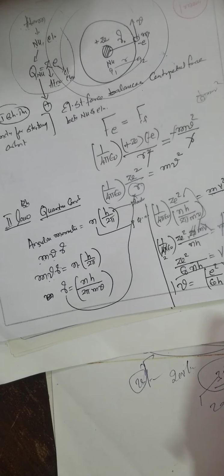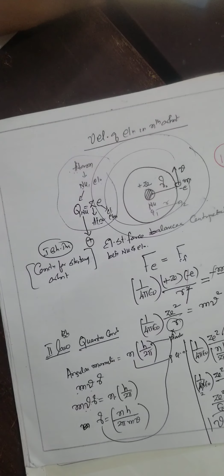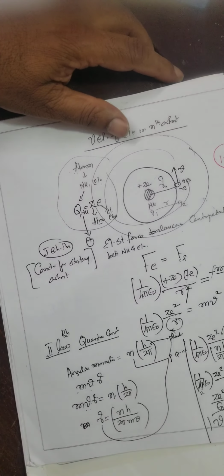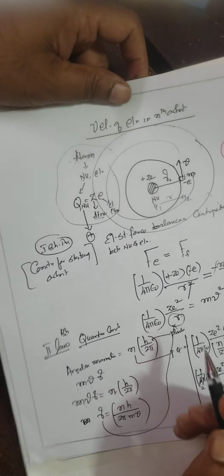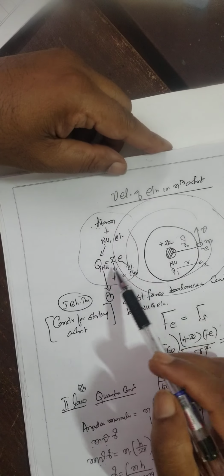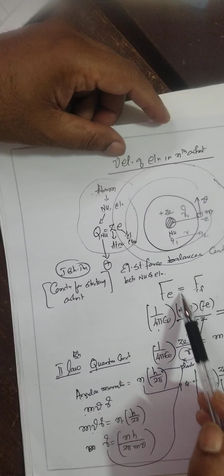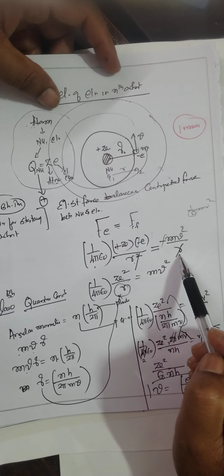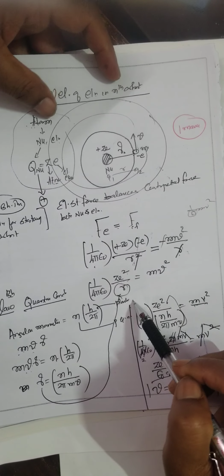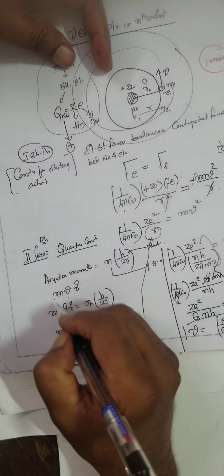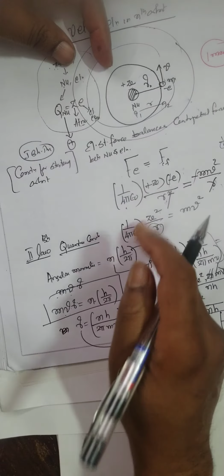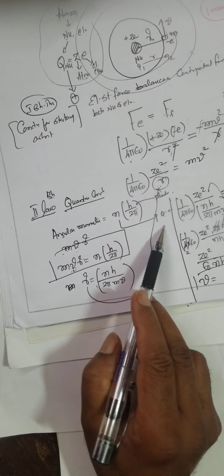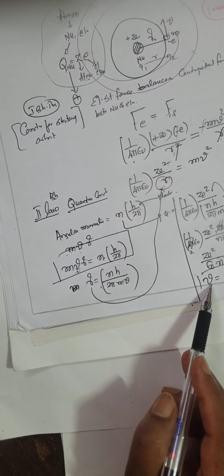Look, you got it. Therefore what you have to do is simple way you can do it. Look, electrostatic force 1 by 4 pi epsilon naught q1 q2 by r square is equal to mv square by r, and r gets cancelled, right? Then again quantum condition, what is mvr? Second law. First law, second law you applied. Put that r here, r you substitute and you cancel, you will get this.